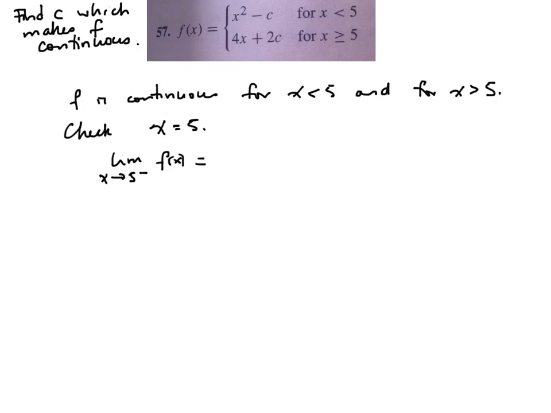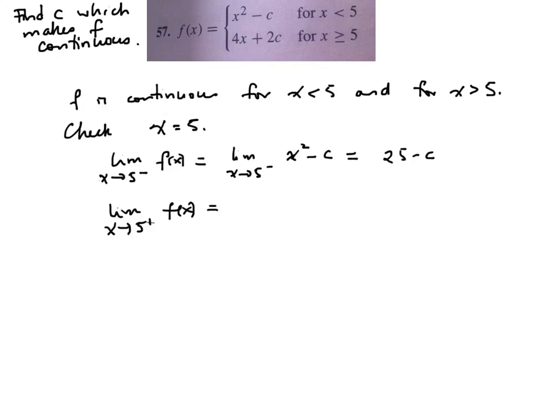So this is the limit as x goes to 5 from the left of x squared minus c. Okay, but like I said, parabolas are continuous, so this limit will just be 25 minus c. We could have just plugged in because that part of the graph is continuous. And now if we take the limit as x goes to 5 from the right,